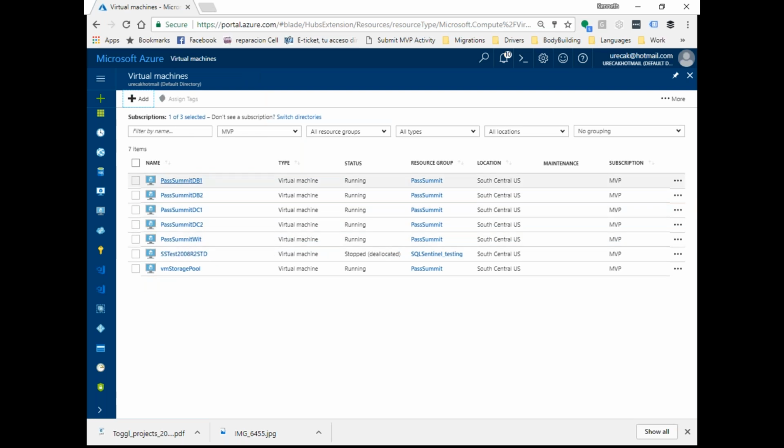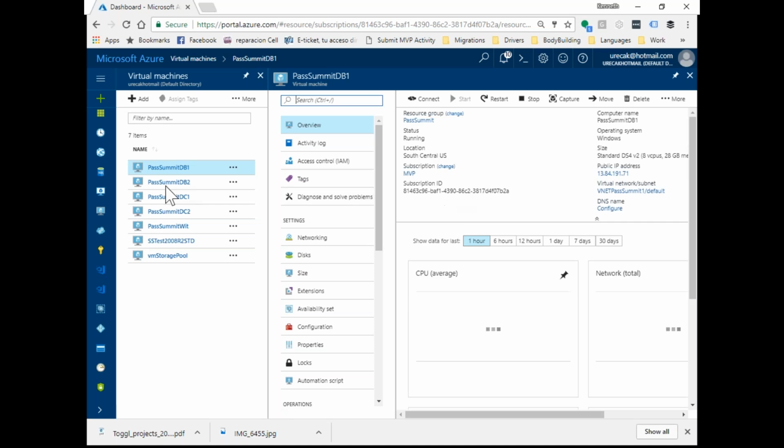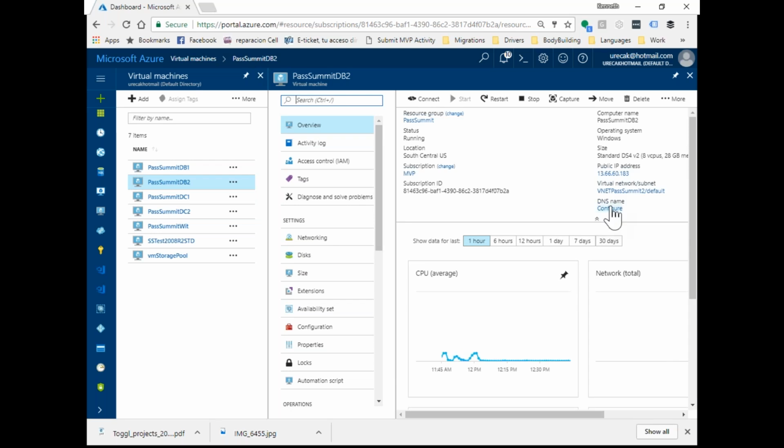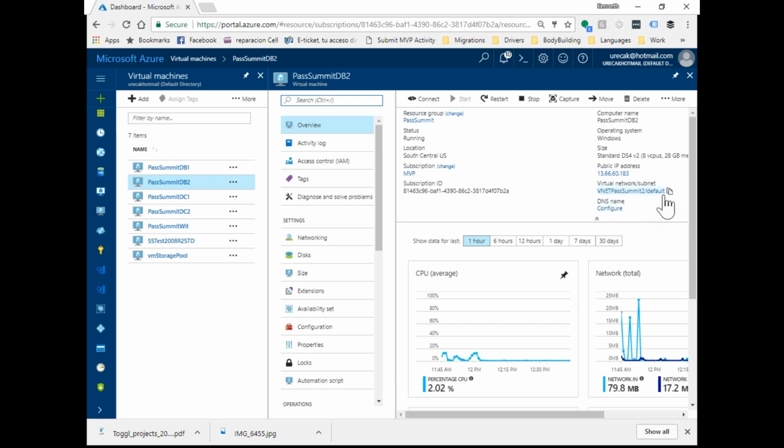You may notice that Path Summit DB1 is on the VNet Path Summit 1 in the subnet default, and Path Summit DB2 is in VNet Path Summit 2 in the subnet default. Of course, in those virtual machines,